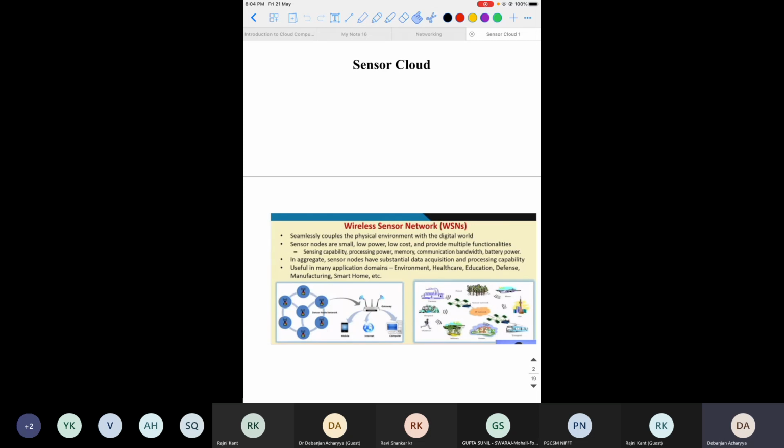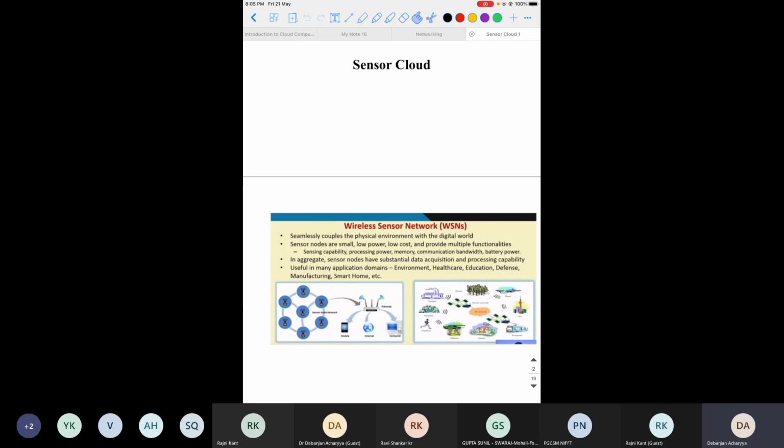Having a cloud of sensors, this kind of sensor cloud has the property of emulating the properties of cloud. What I try to say is that the sensor cloud is a concept which has some physical sensors as well as some decision making system. We will learn this in detail.